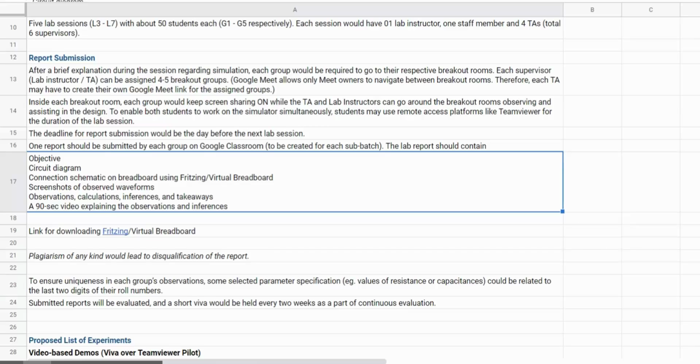Other than this schematic, you'll make this on a virtual breadboard or Fritzing. You will take a screenshot and you'll include it in your report. Then from the online simulator, you will also take screenshots of all the observed waveforms that are asked. You will have a section on observations and any calculations that you had to do, some inferences,